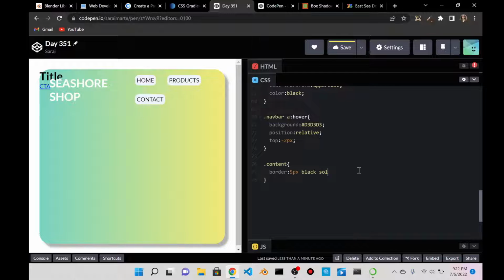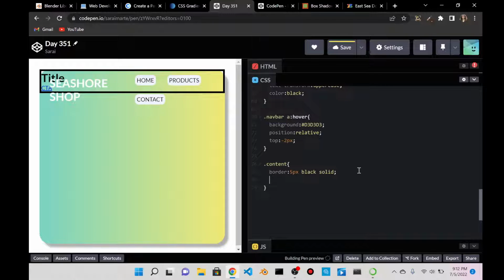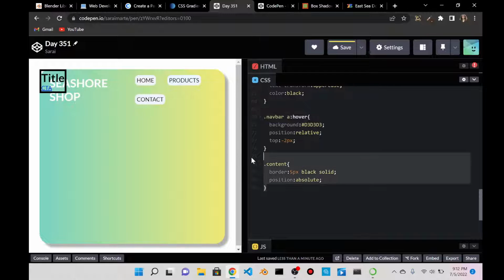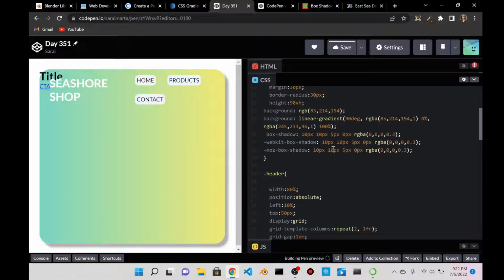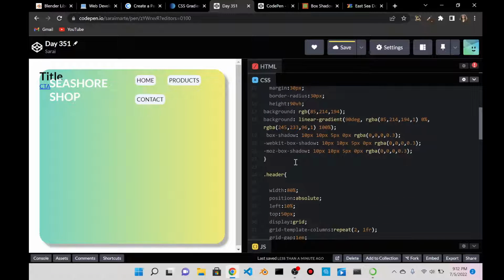5 pixels solid. Alright, I'm going to give it a position. Absolute. Or maybe relative. Should I do relative? I don't know. I'll do relative to the